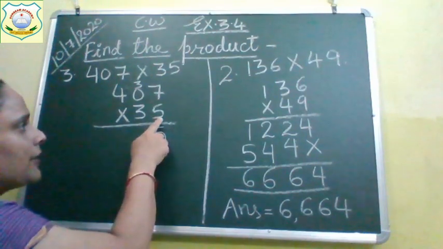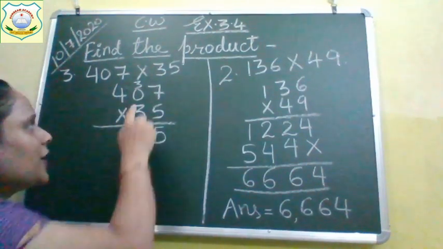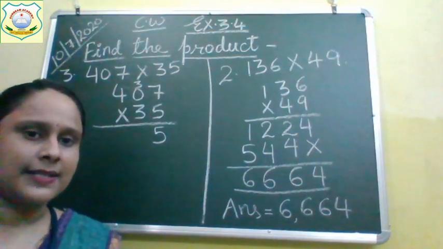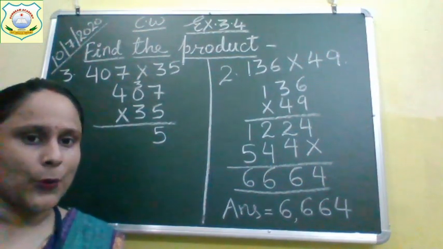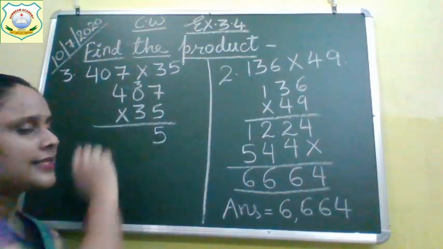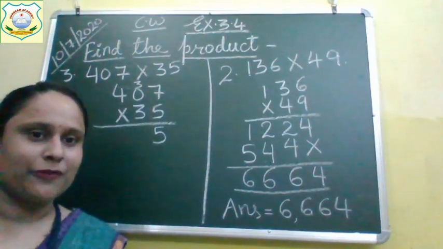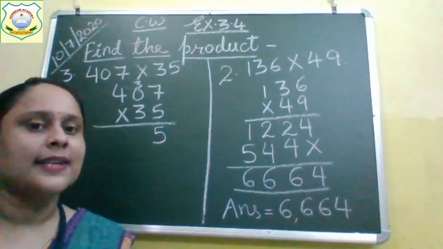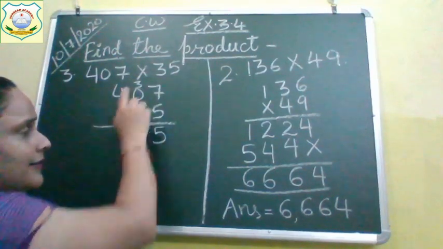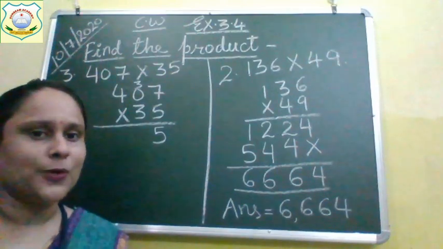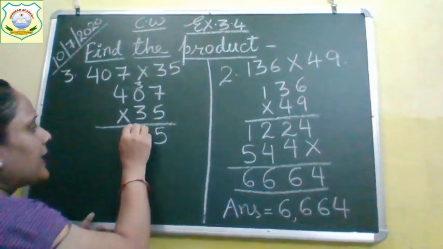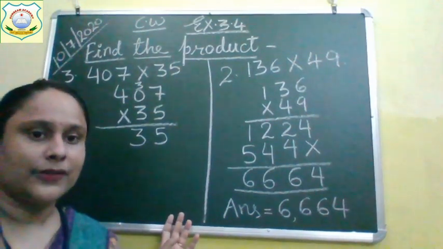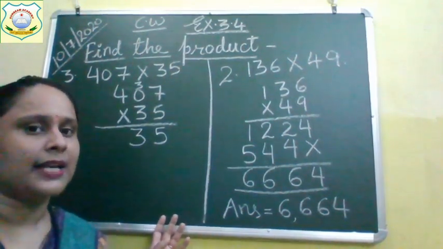Now children, we will multiply the first number with the number written in the tens place. Which number is in the tens place? 0. So multiply 5 with 0. I have told you before also, when we multiply any number with 0, your answer is 0. But there is a carry for you. So bring down that carry down children. 5 zeros are 0, but 3 is there, so we will bring 3 down.